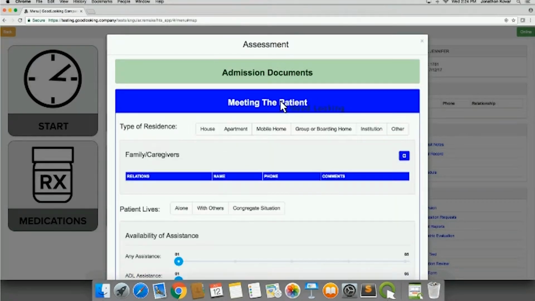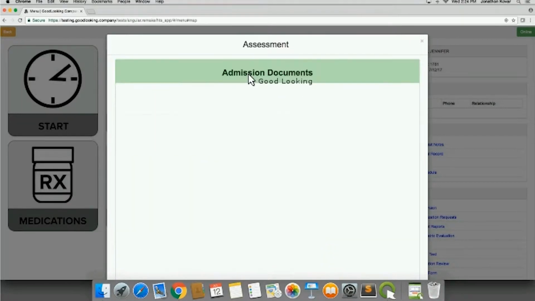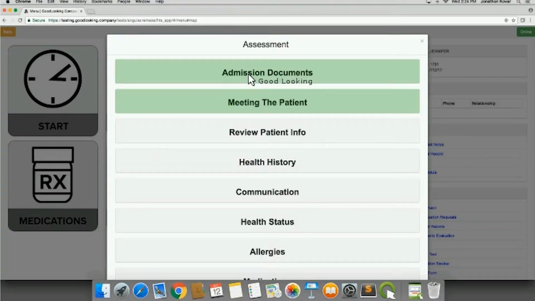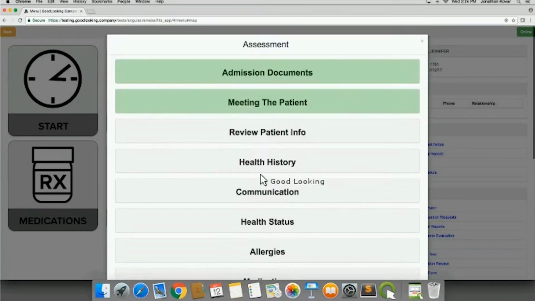You now have all of your admission documents right there electronic. I should point out that these admission documents are available for all discipline types. And so the other thing we've done is really made it simple to move between the different segments